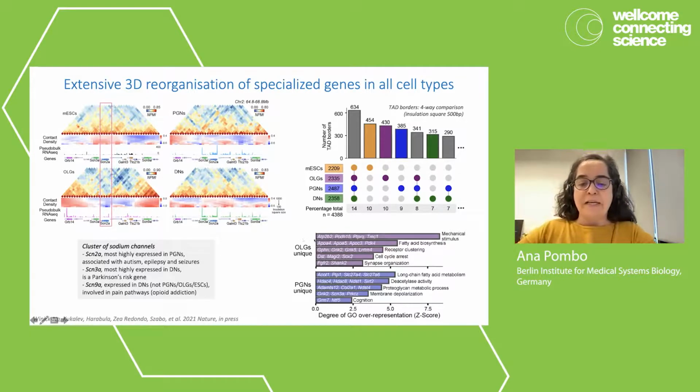And this is just an example for oligodendroglia and PGNs, but it was true for the other 2 cell types, where we could see that at these new borders that are cell type specific, in the oligodendroglia we saw the appearance of borders at genes important for synapse organization, for example, or in the PGNs, that borders appeared de novo at genes important for cognition, and these borders were only seen in the PGNs and not in the other